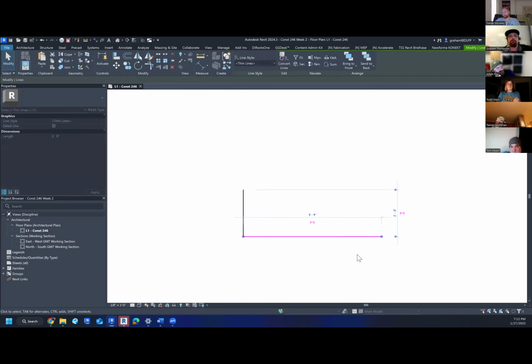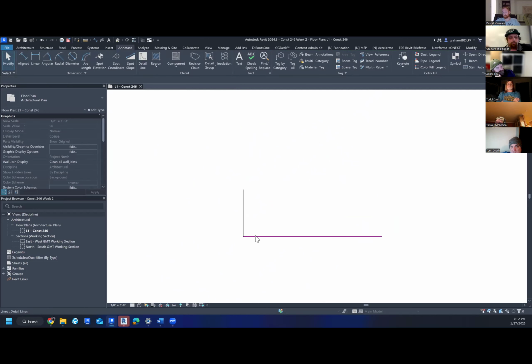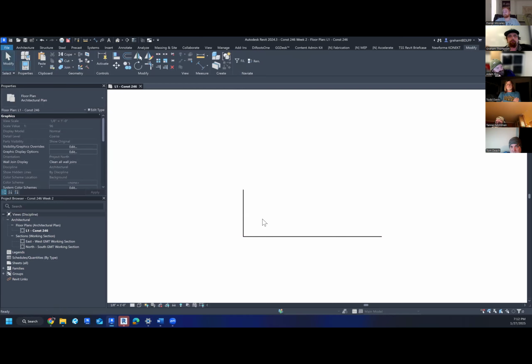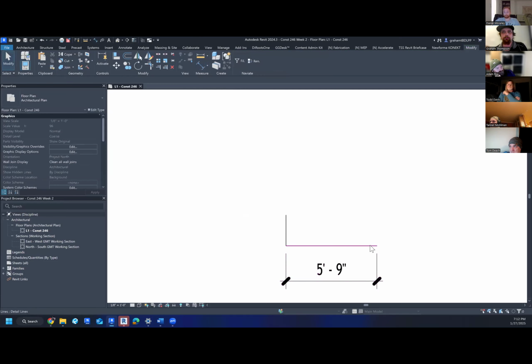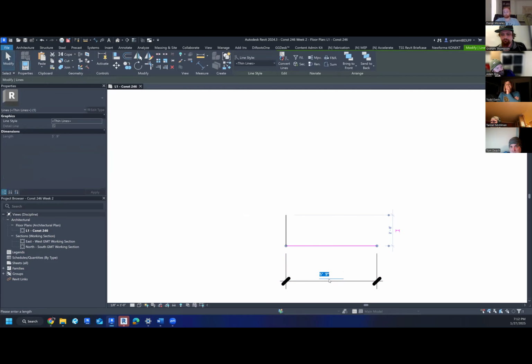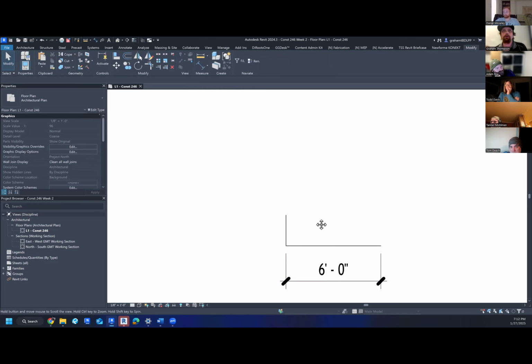Same thing here. If you extended this out, maybe you want it to be something that's very specific. So say maybe you've got this like 6-foot door, and it's still going to open normally. But let's say you just wanted to show this weird arc between it. I don't know why. But you could always put in a detail line,